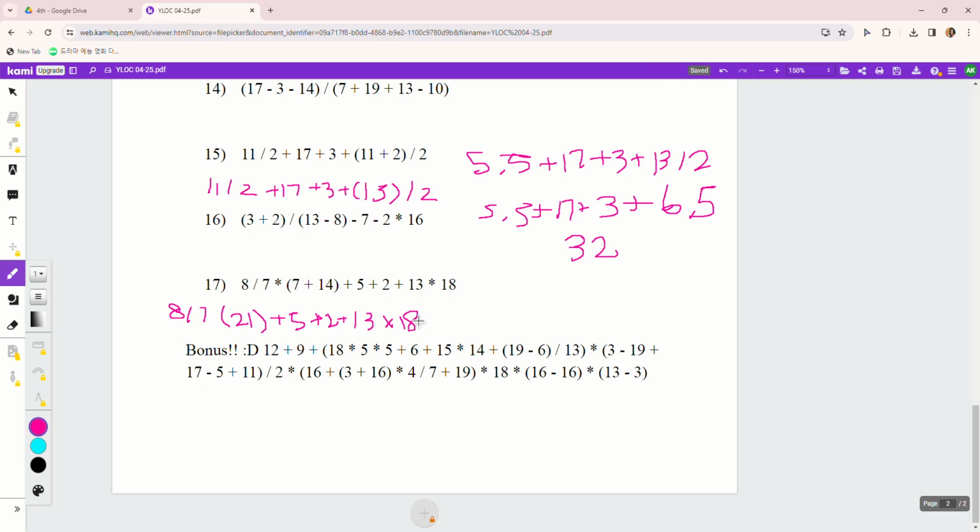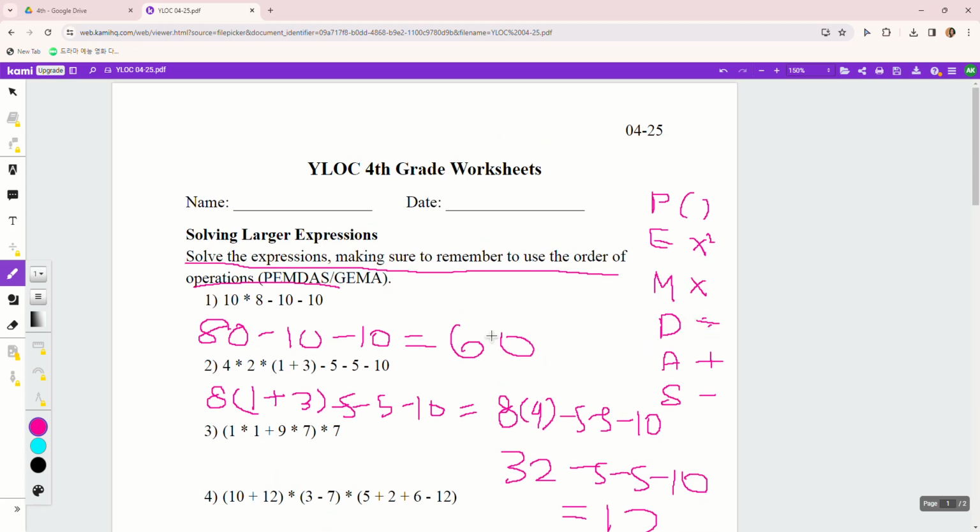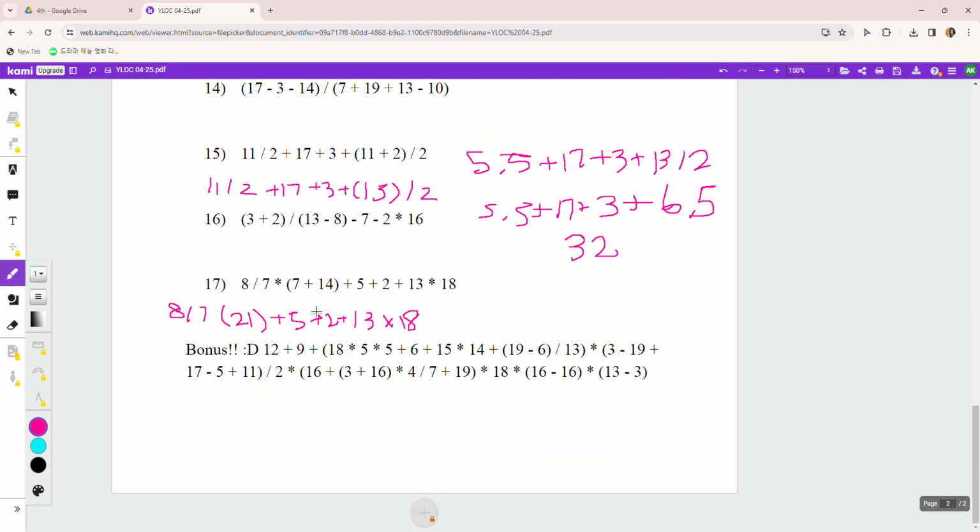So first you would have to go from, since 8 divided by 7, oh no, because division comes after multiplication. So before you divide it by 8, you would have to first multiply 7 and 21. Just 147. So 8 divided by